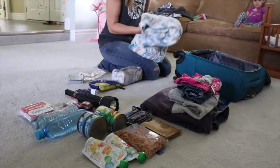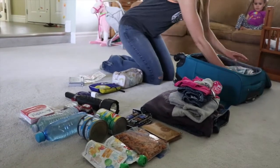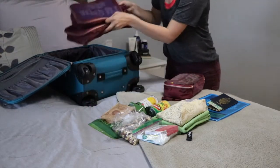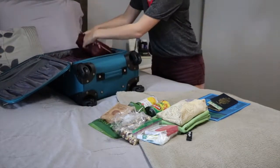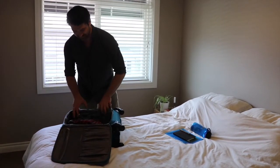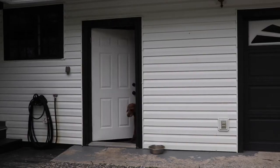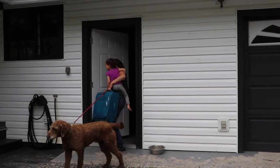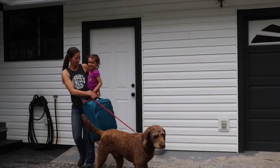Number 4, prepare a grab-and-go bag. If you need to leave immediately due to a wildfire in your community, having a grab-and-go bag ready for each family member will ensure that you aren't panicked and searching for essential items. Instead, you can focus on collecting your family members and evacuating the area quickly. To make a grab-and-go bag, simply include the following items: